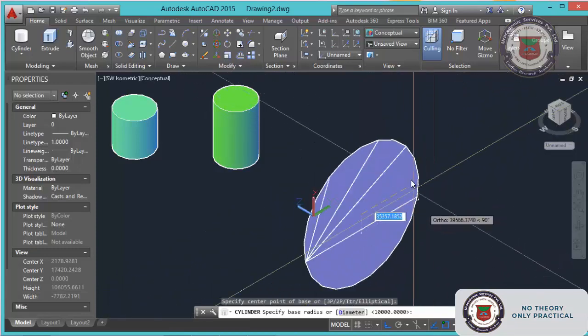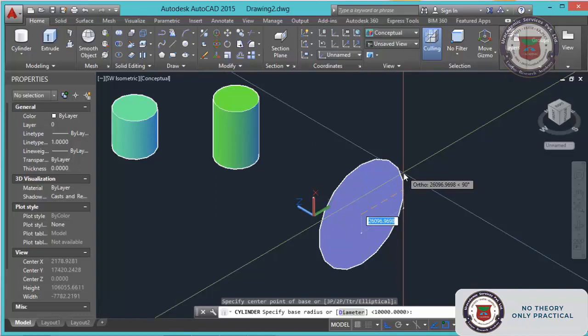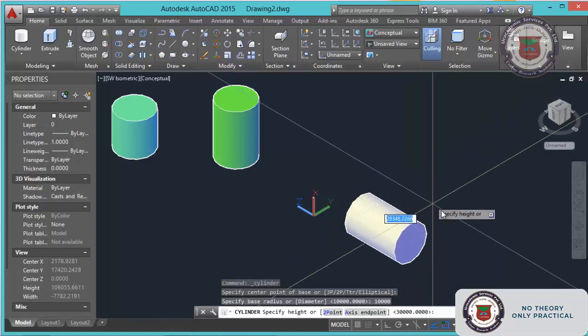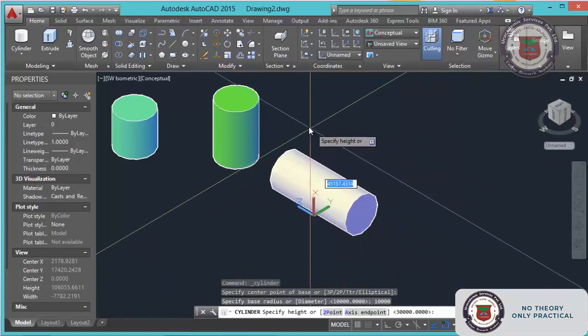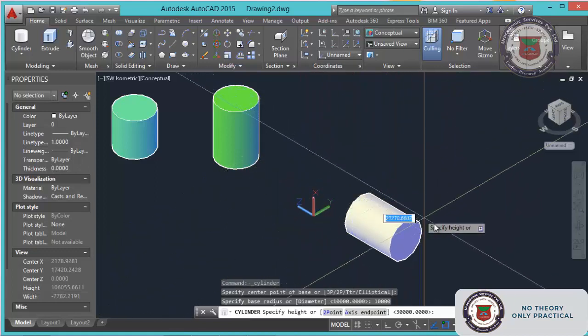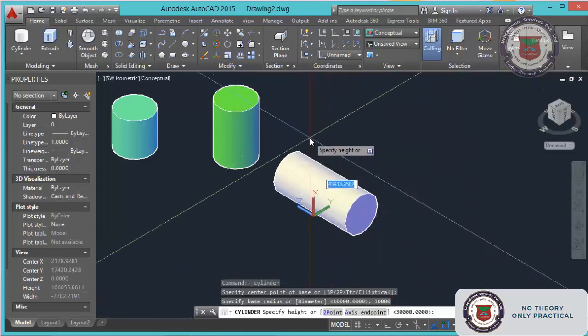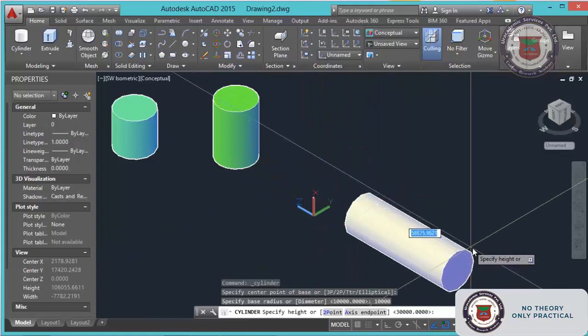Now you can give the radius of the cylinder. You can say the same, 10 meter, enter, and it will ask you the height. Just see, the Z direction is on this side, Z plus this side, minus this side.